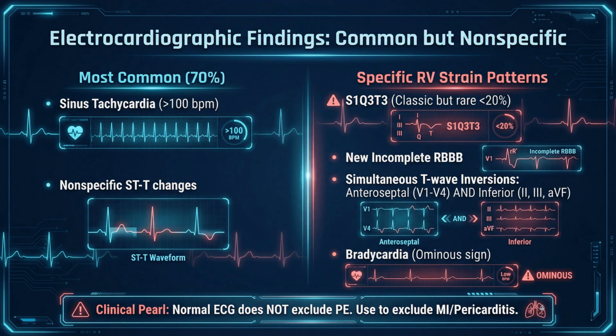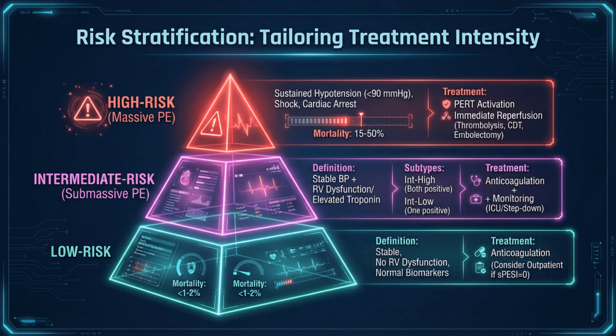While it's very useful to help rule out other diagnoses like myocardial infarction or pericarditis, you should never rely solely on the ECG to confirm or exclude PE. Always interpret it in the broader clinical context. Let's now discuss risk stratification in acute pulmonary embolism, which is crucial for tailoring the intensity of treatment to the